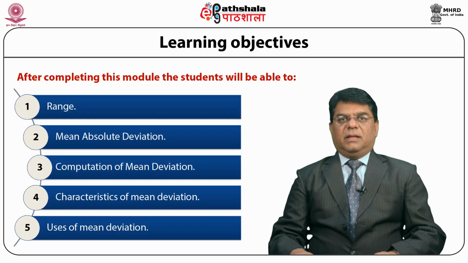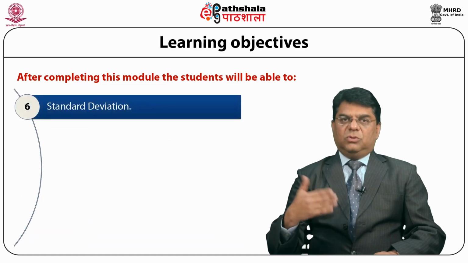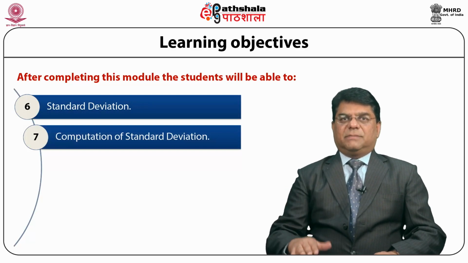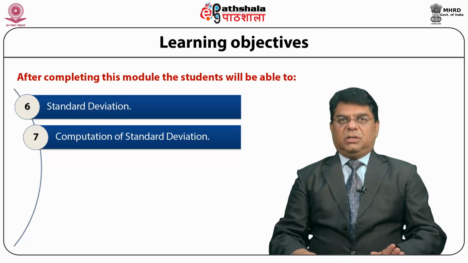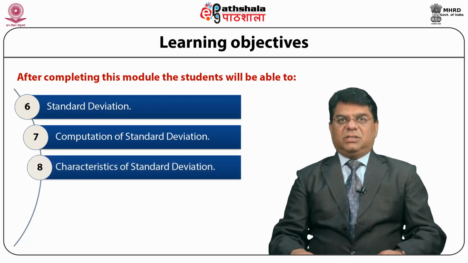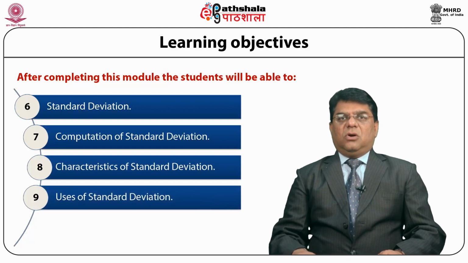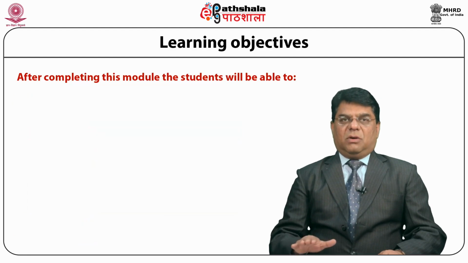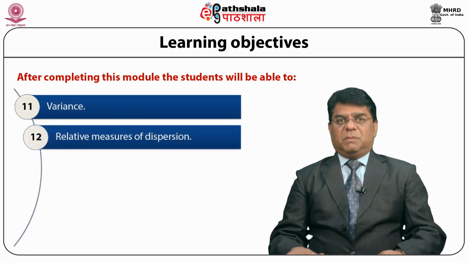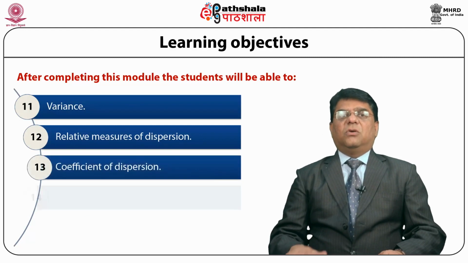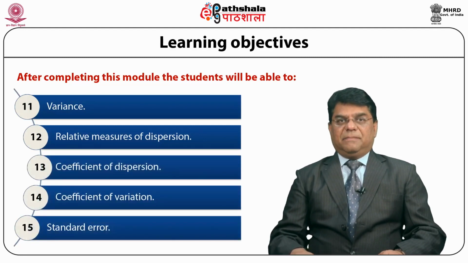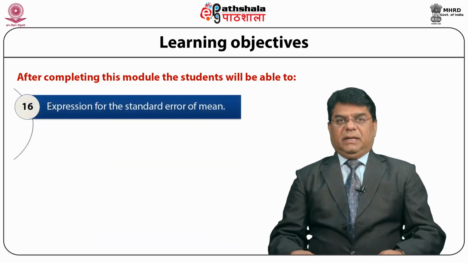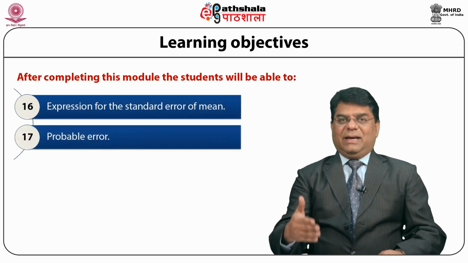of mean deviation, standard deviation, and how you compute or calculate standard deviation. Besides this, you will also know about the characteristics of standard deviation, uses of standard deviation, quartile deviation or semi-interquartile range. We will be talking about variance, then relative measures of dispersion, coefficient of dispersion, coefficient of variation, standard error, and also standard error of mean, or what can be the probable error in